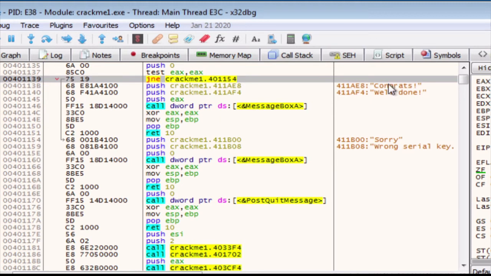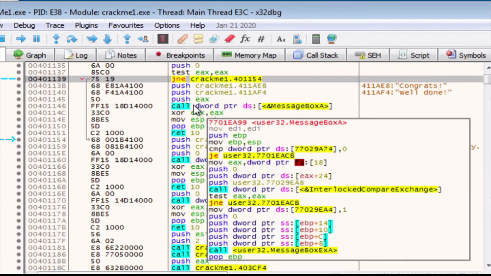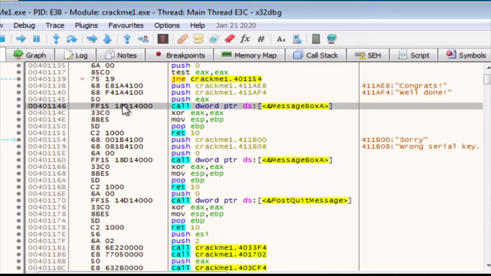So how do we crack a program like this? We can put a breakpoint here, and let's see what happens. By double clicking, because this needs to change into red, let's try to put a breakpoint here. Or let's say here, rather. Perfect. I'll put a breakpoint here. Let's see what happens when you put the breakpoint. I think it's not giving us the option to put a breakpoint there. So let's go down here and